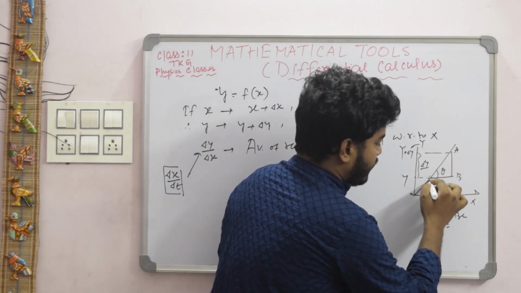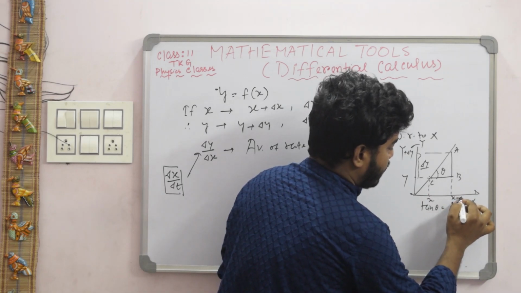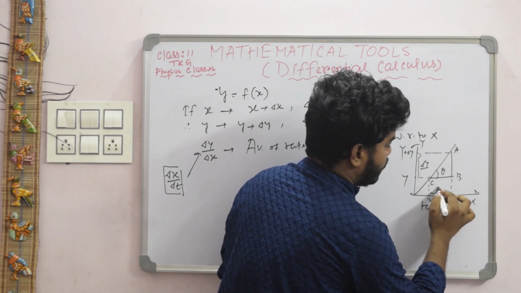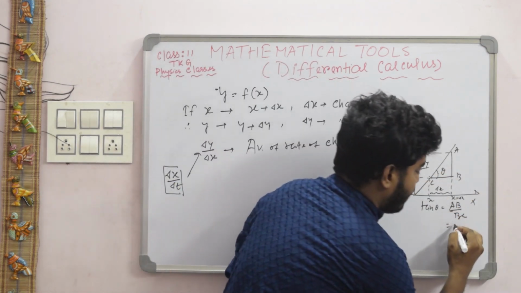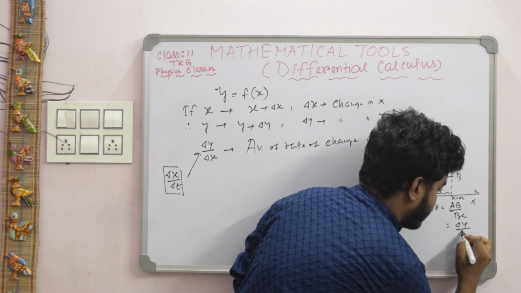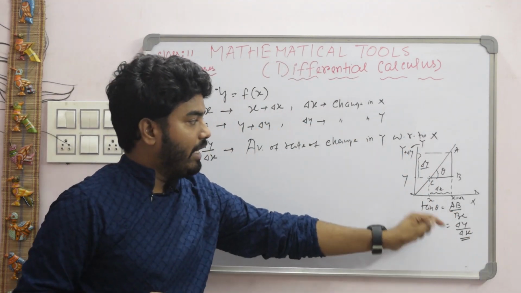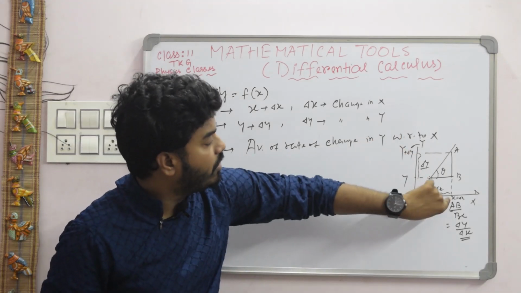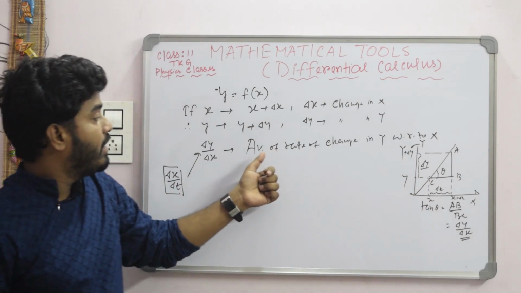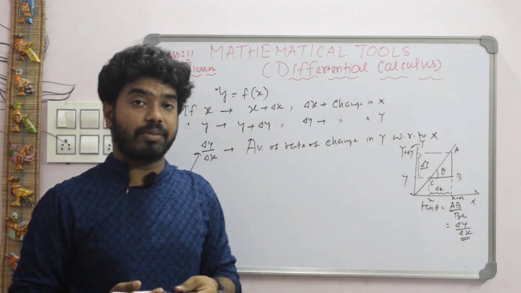Similarly this portion is x and it increases, that is x plus del x. So this portion represents del x. So AB represents del y, and BC represents del x. This one, del y by del x, is the change of y with respect to the change of x. This is named as the average rate of change in y with respect to x.